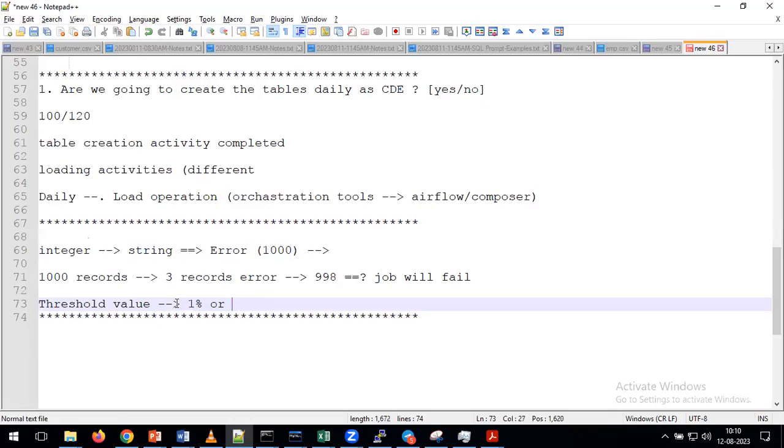Then what they will do, simply they will give it as 1%. For example, in this last 1 year, so many times they observed that the source team is sending the wrong data. In the integer, they are sending the string value. In the string, they are sending some other kind of value. They are facing this kind of issue from the last 1 year. In that situation, what will they do? They will give it as, for example, 2%, or they can give it as 5%, which is nothing but,